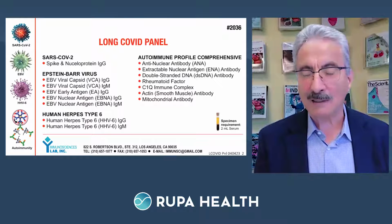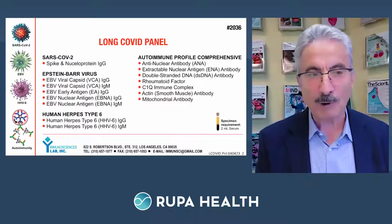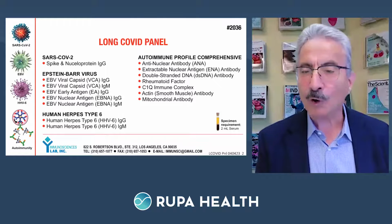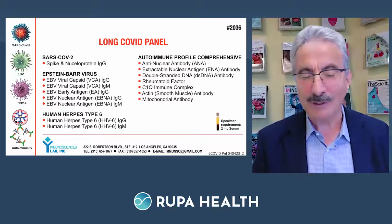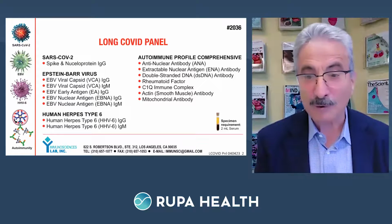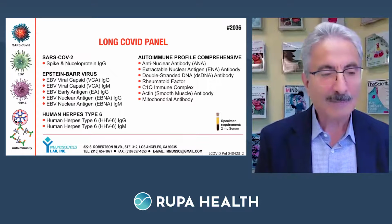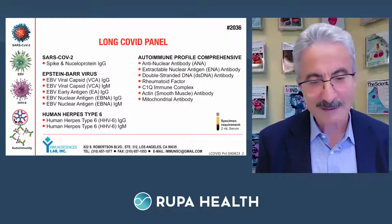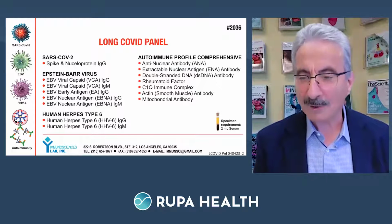You may think that many laboratories, the major laboratories, are doing this basic panel. Yes, they may do that, but they do not include C1q immune complexes. In some laboratories, they charge for C1q immune complexes more than our total panel that I'm presenting here. So it is important to include C1q immune complexes because it's a major factor for determination of ongoing inflammation and possible autoimmunity. So altogether, the viral trio, SARS-CoV-2 antibody, EBV antibodies, human herpes type 6, plus the autoimmune profile comprehensive panel,